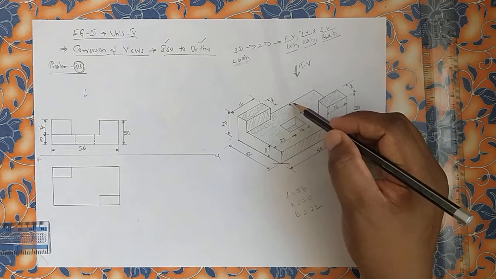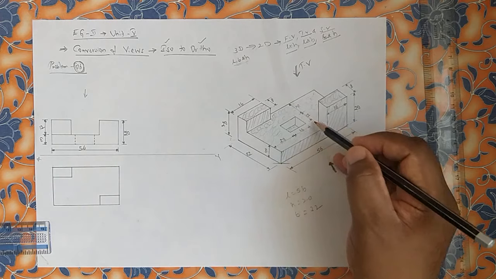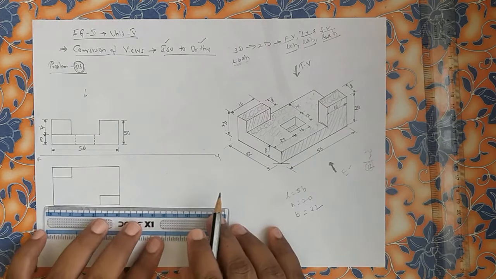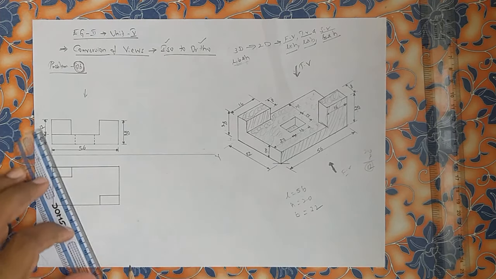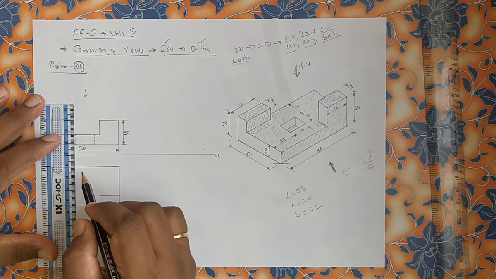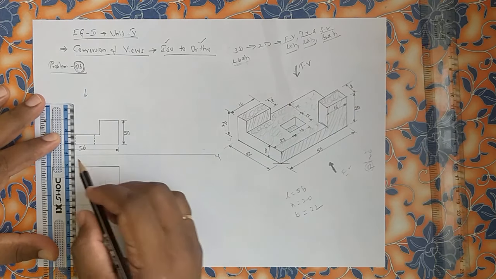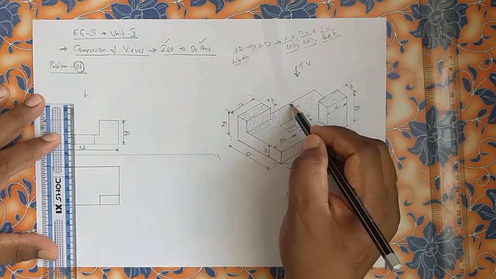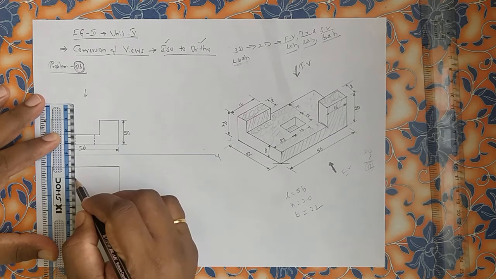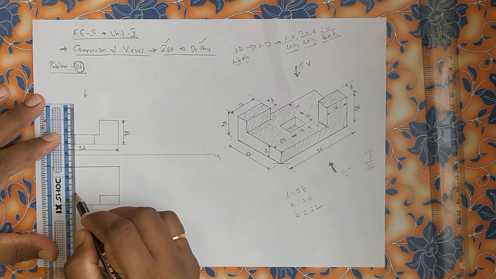See, from top view, distance is 20 by 16, location from the 10 by 12. How to draw that? With respect to length, I am starting 20 by 16. If not already drawn, try to keep this location. With respect to length, 20, 10, 12. So, from top 10, after that 12. So, from here 5, 10 is nothing but here. 12 mm. 10, 11, 12.